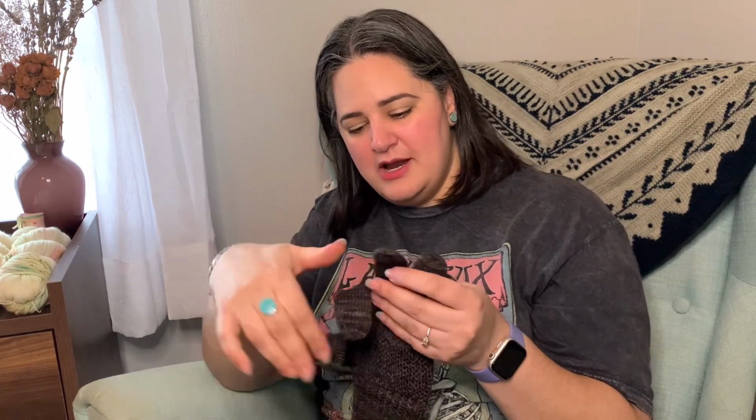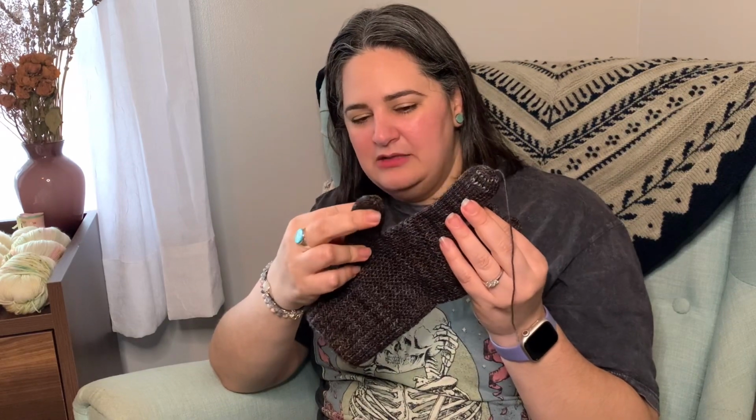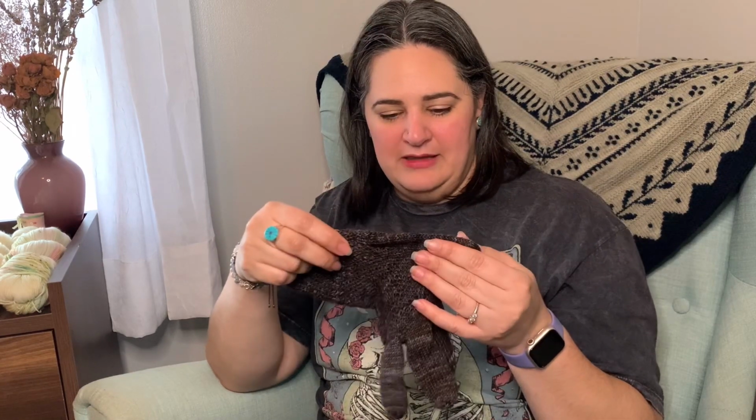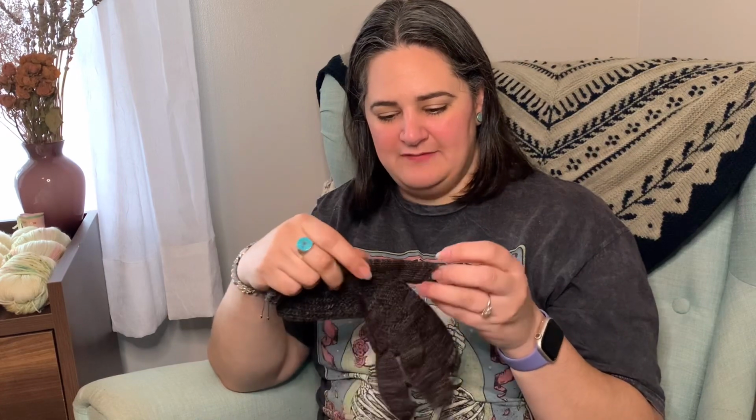Once the cuff is done, honestly, the hand part flies by. I got the 4 fingers done in a night sitting on the couch next to him because I kept having him try it on to make sure they were all the right length. This thumb did come out a little bit short. When I finally cast off and had him try it on, it's a little bit tight,